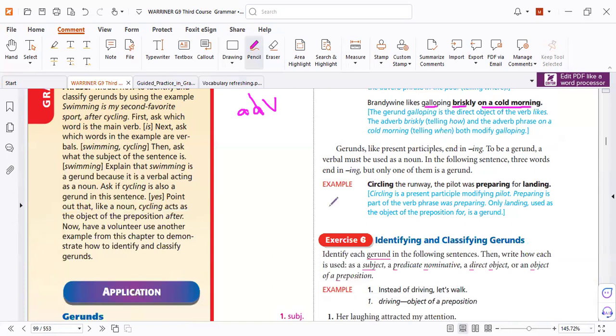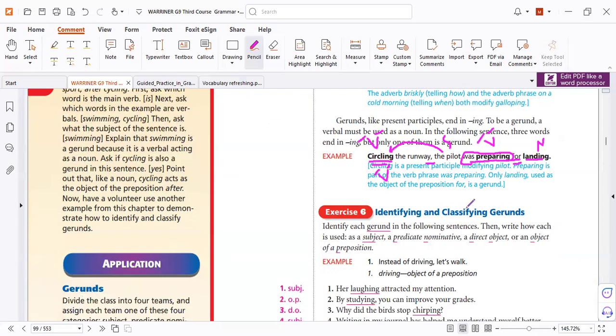Right? Let's study this sentence together. "Circling the runway," who? Comma, the subject, so the pilot. So this is a verb. The pilot was preparing, verb. Practicing is a noun because it comes after a preposition. So that is the verb, because it's the verb of the sentence. That is another present participle as a verb. No problem. So everything is in the correct place. Catch it? Yes.